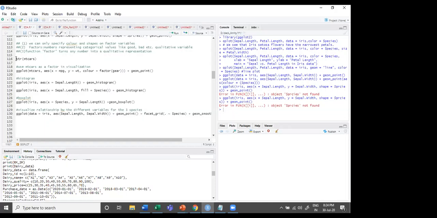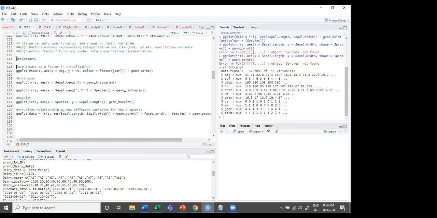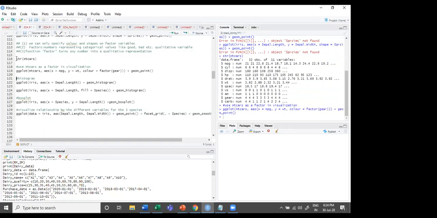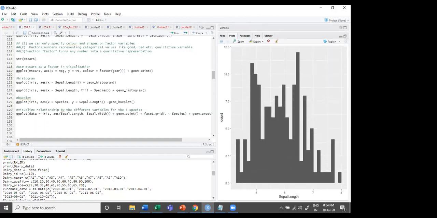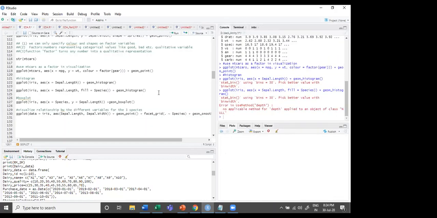Let's go to another dataset called mtcars. See the structure and use ggplot. Here I have plotted for gears, and the details are in front of you. You can see the detailing. Let's go to the ggplot of the iris histogram. Here it is, the histogram is plotted. I am showing a lot of details, and these details are of great use. Here different histograms are plotted. We have done the aspects of detailing.